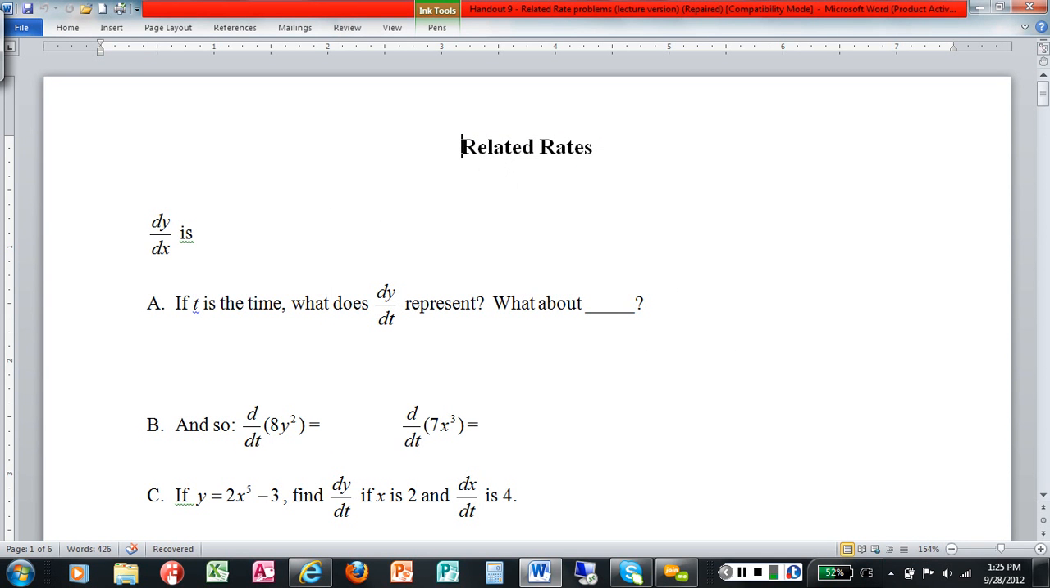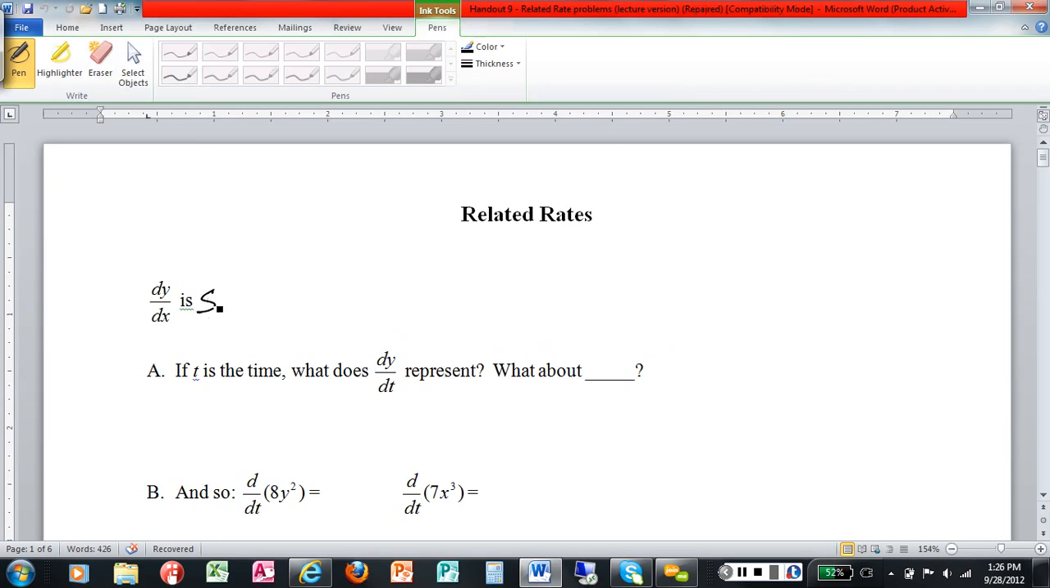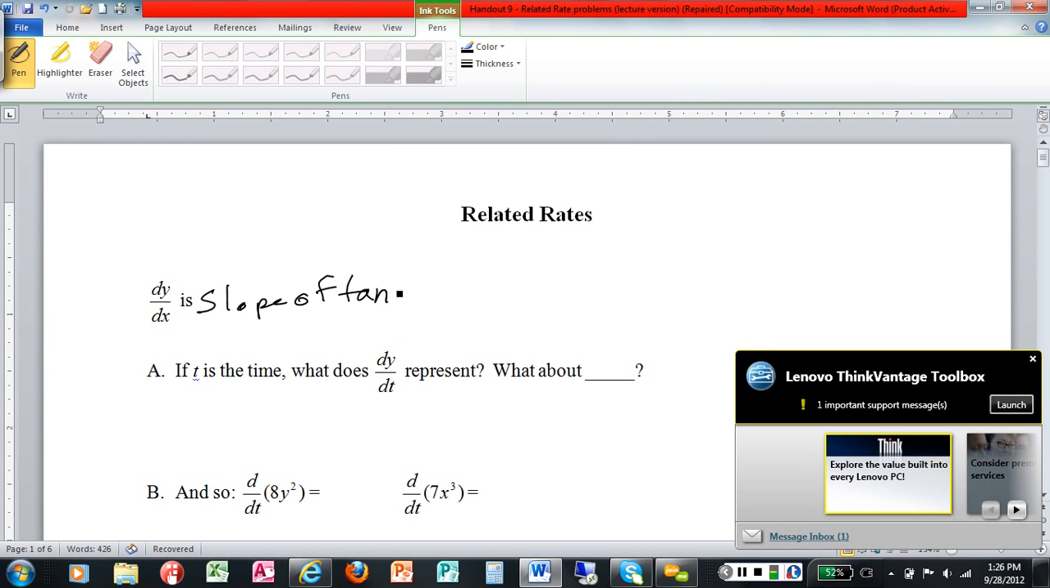But we also said that the derivative is the rate of change. It's the rate of change. And that's where we're going with this one. dy dx is the slope of the tangent. So dy dx is the slope of the tangent. But in other terms, if we're talking about rates of change,